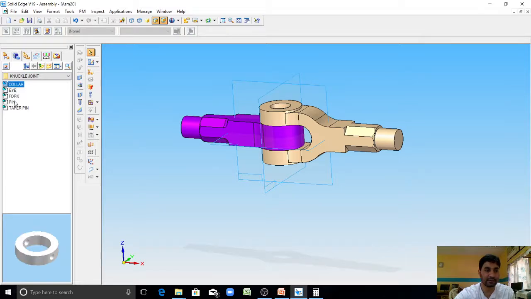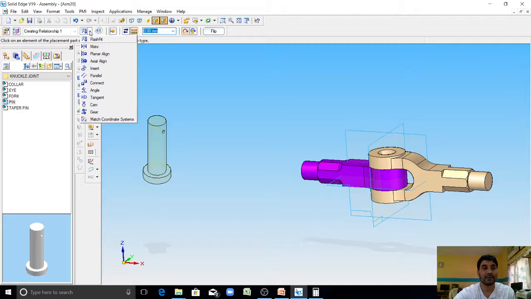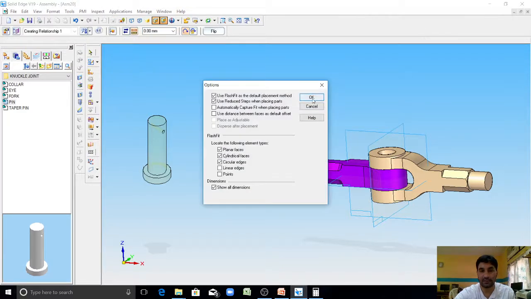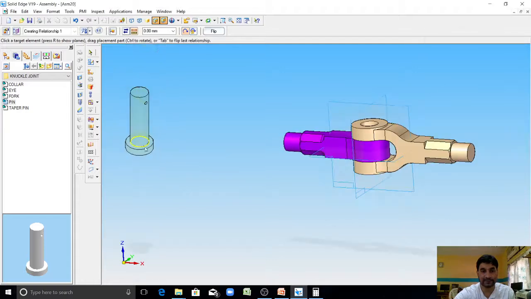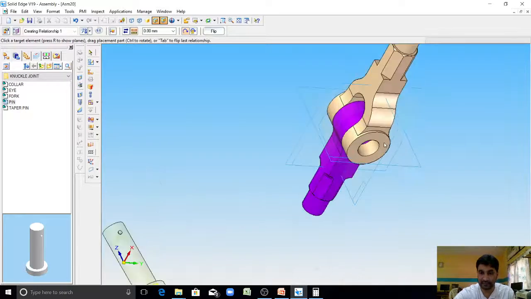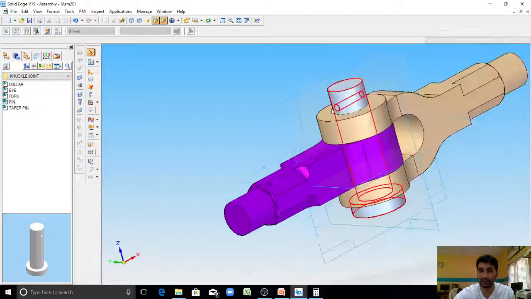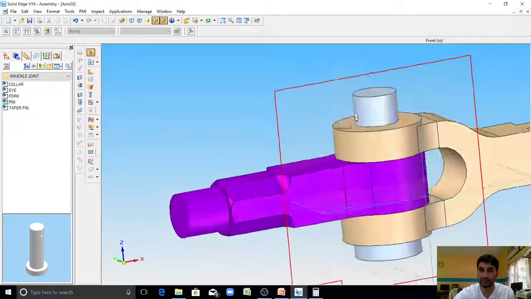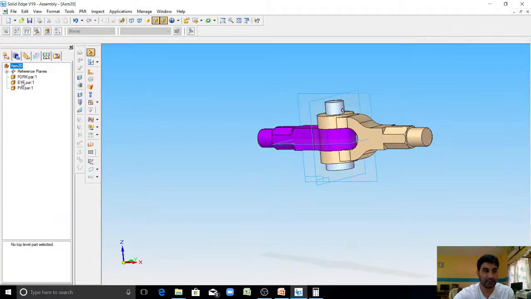Click on third part, that is pin. Double click on this. In a similar way, using flush fit, click on option here. Click on OK. Now this edge, right click on the mouse here, select the edge here. This edge must assemble to this edge. So here it is perfectly assembled. The hole also you can see has come in a proper direction. You can see also here it is fully constrained, fully positioned.